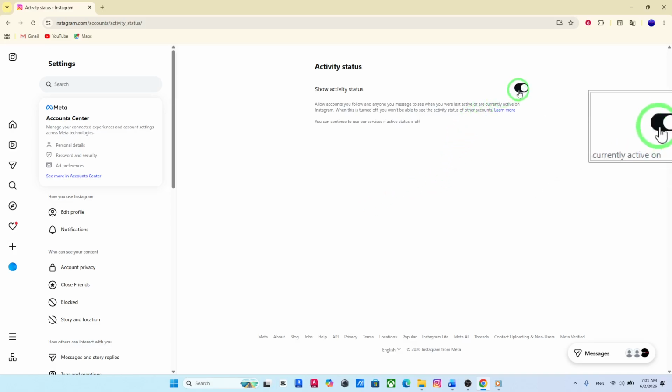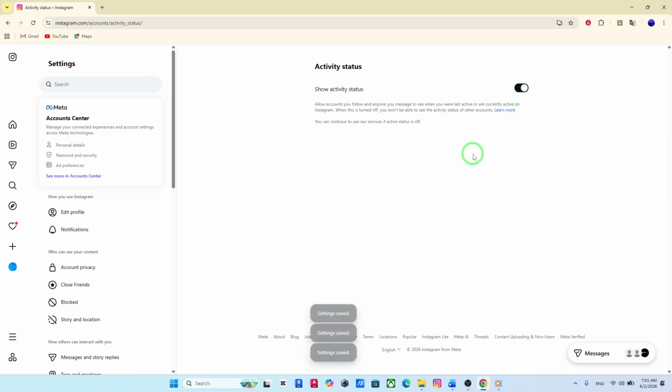Here's the important part. You'll see a toggle labeled Show Activity Status. If this is turned on, other people can see when you're active or when you were last online. To hide your activity, simply switch this toggle off. And that's it. Your activity status is now